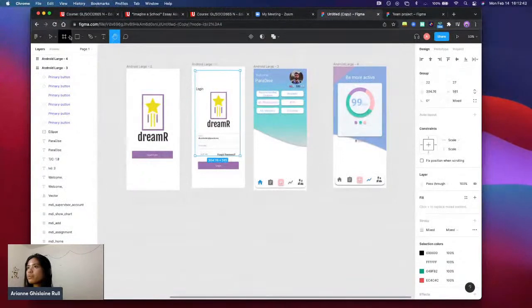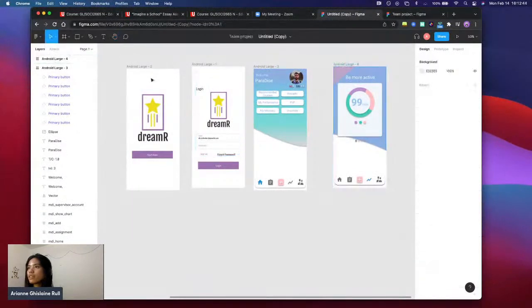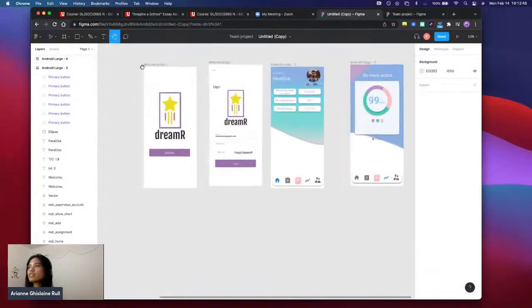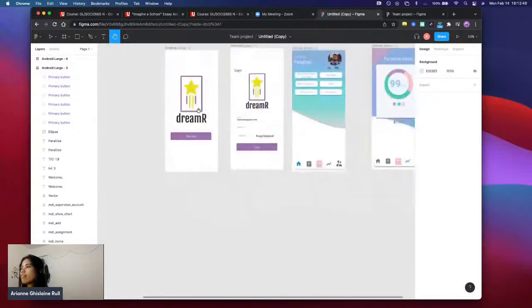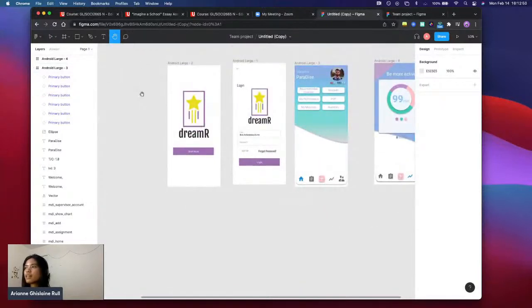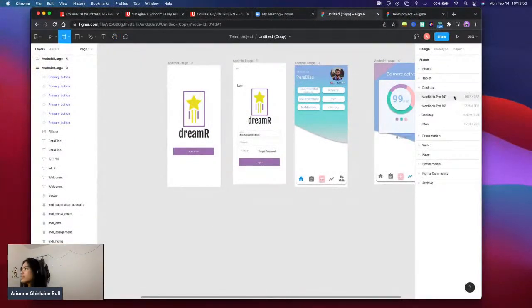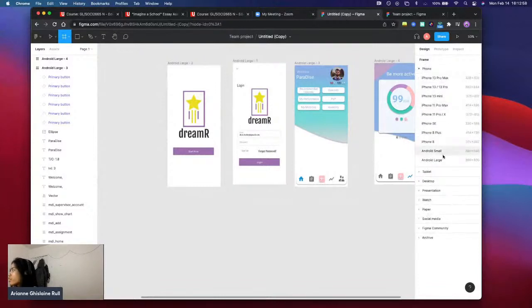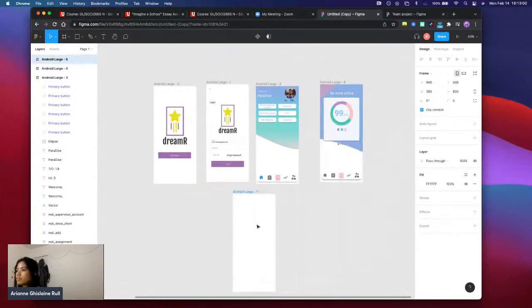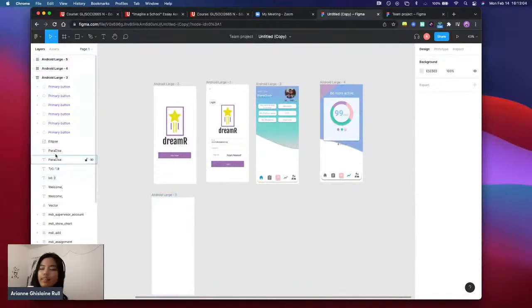as you can see right now, we have 4 frames, and we're gonna make a new frame basically. And this is an Android large, and so we make this one,